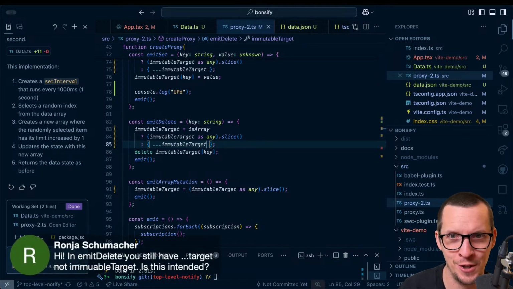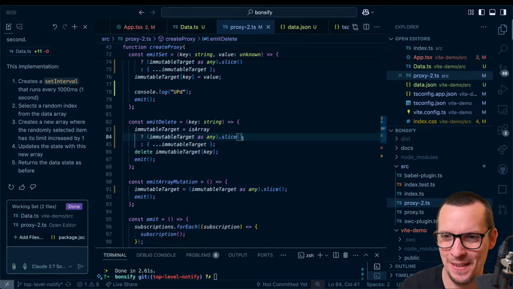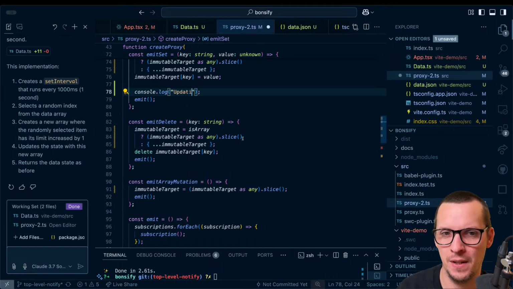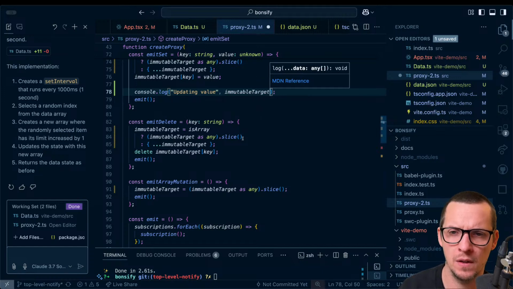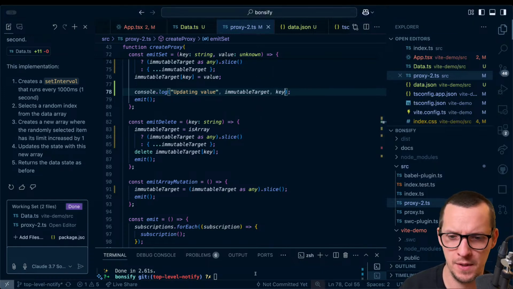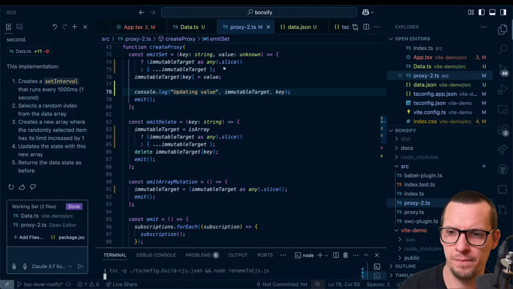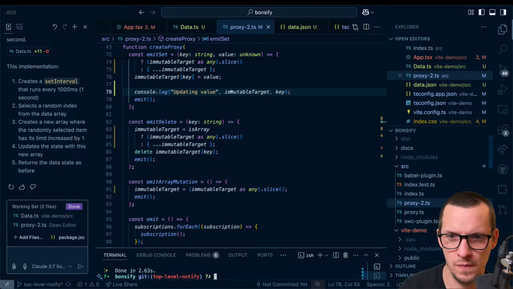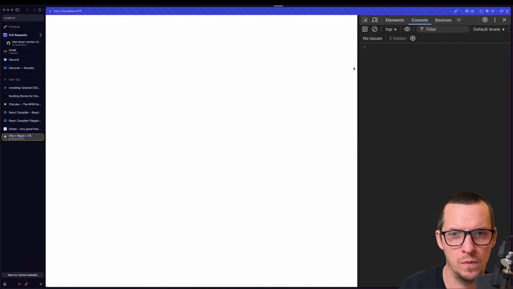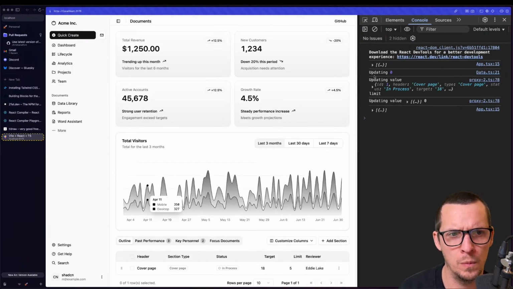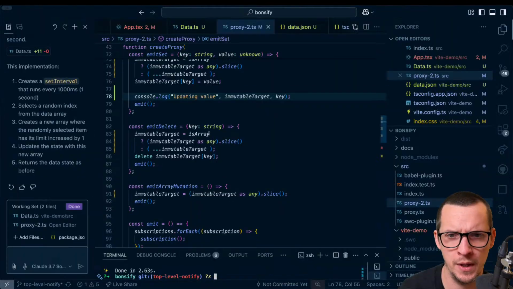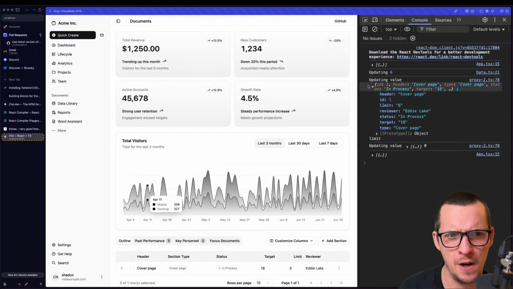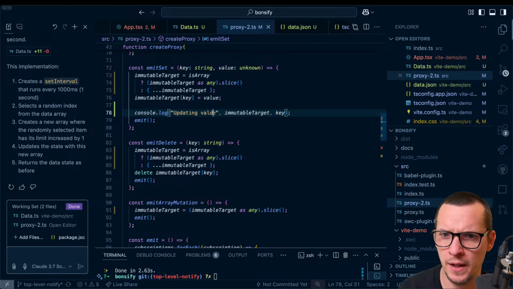Updating value, immutable target key. Let's see what happens here. There it goes in and updates it, and this is fine, right? But what we can do here is